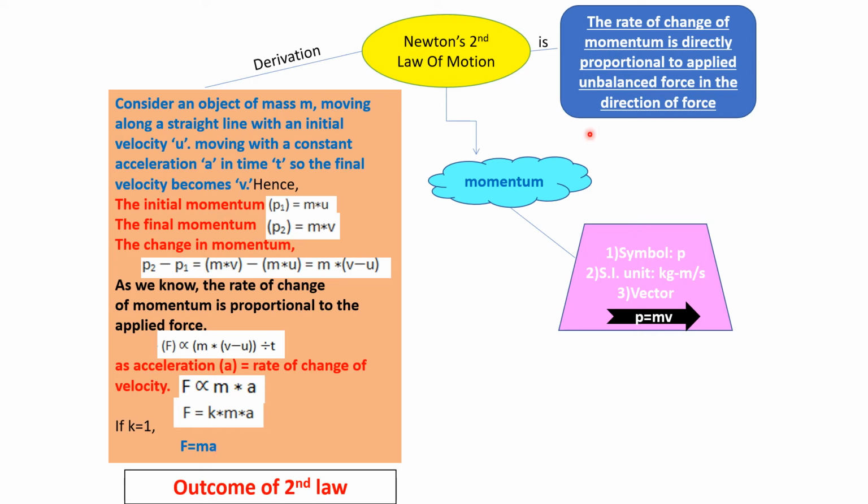So that means here we're talking about acceleration only. Rate of change of momentum means velocity is changing, which means acceleration is happening. From here we will see that this acceleration is directly proportional to the force applied. The more force you apply, the more change in velocity there will be, and the more change in velocity, the more acceleration. So acceleration is directly proportional to force applied.